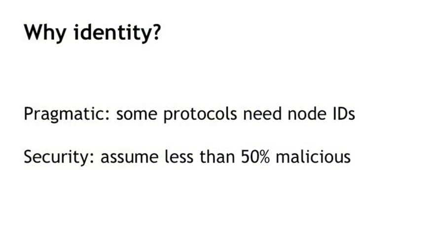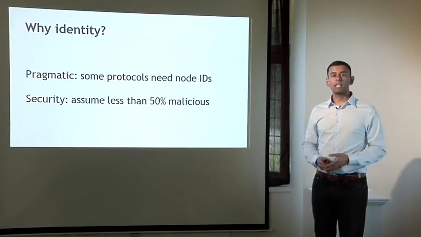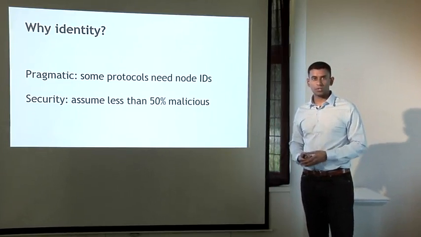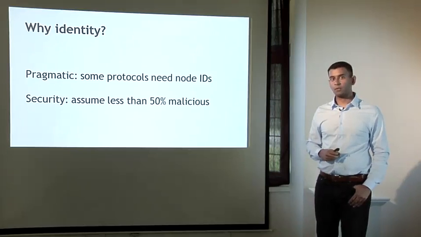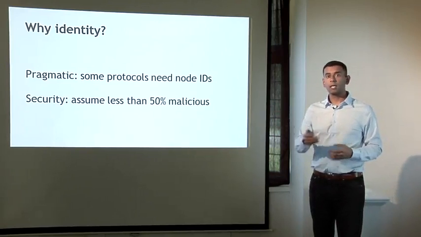One is a pragmatic reason. It would allow you to put into your protocol things like, now the node with the lowest numerical ID should take some step or something like that. So that's a simple pragmatic reason, which already, if nodes are completely anonymous, becomes harder to do. But a much more serious reason for nodes to have identities is for security, because if nodes were identified and it weren't trivial to create new node identities, then we could make assumptions like, let's say that less than 50% of the nodes are malicious, and we could derive security properties out of that. So for both of these reasons, the consensus protocol in Bitcoin is a bit harder.